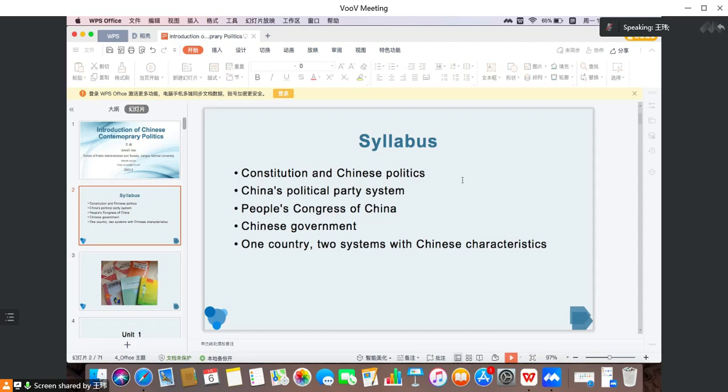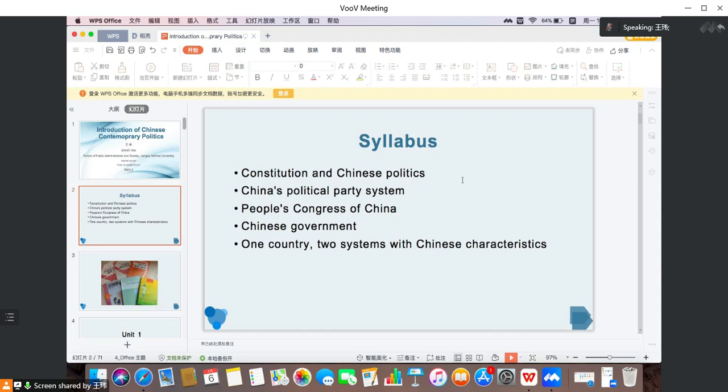Okay, so the Constitution, firstly, tells us who is the highest state organ, and of course, the Constitution is about the laws, the legislation, right? And it will tell us the relationship between the Constitution and the general laws. We know in China, and I think in your own countries, you also have the Constitution and other general, basic laws, right? The Constitution will tell us the relationship of the Constitution and the general laws in China. Okay, and this is the first part.